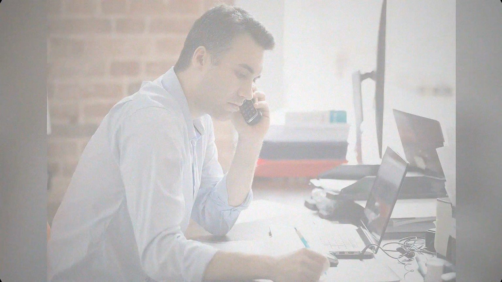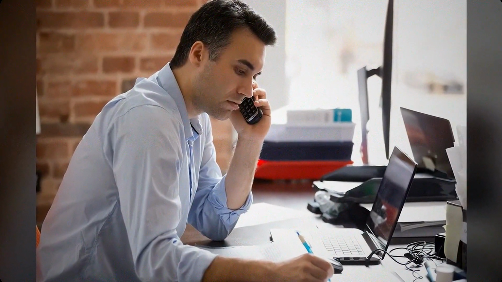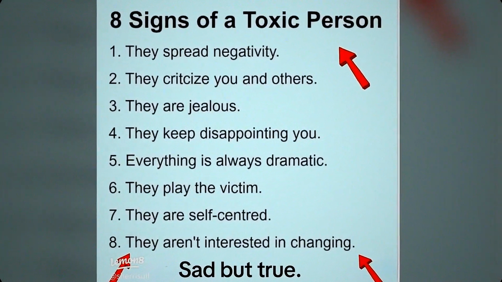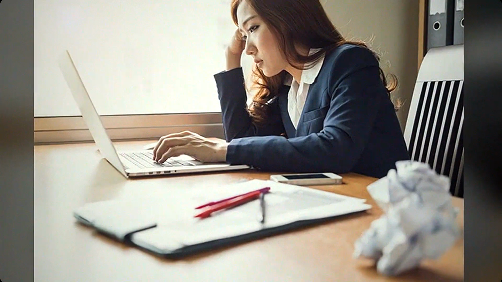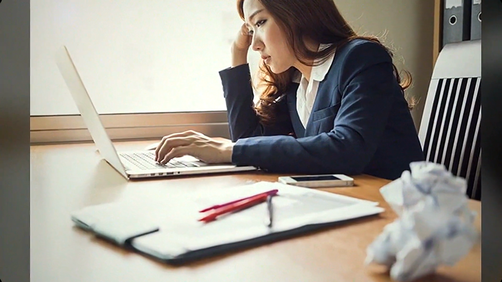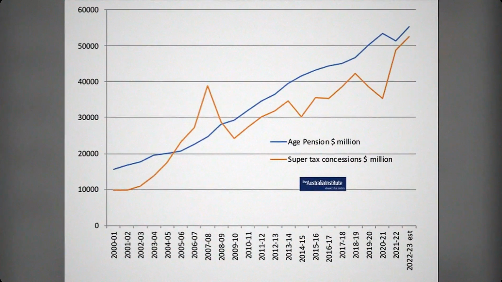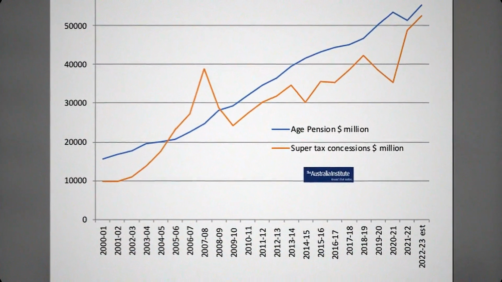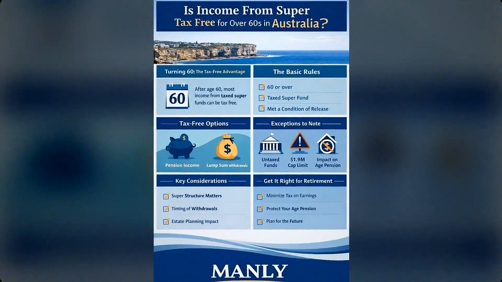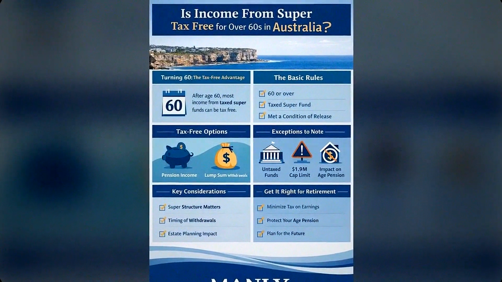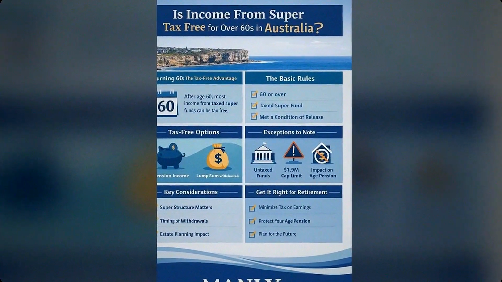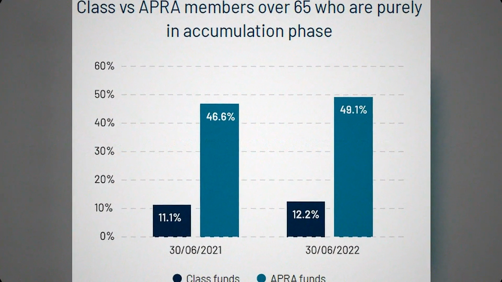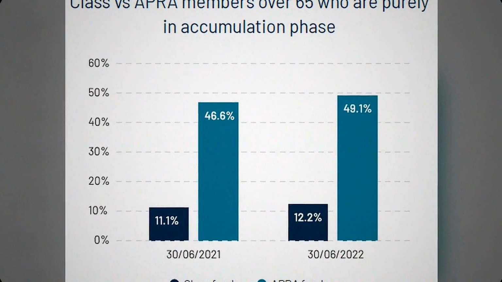They worry that starting a pension somehow locks them in, even though an account-based pension lets you adjust payments or withdraw lump sums at any time. This hesitation is status quo bias, the deeply human tendency to leave things unchanged even when the change would make you measurably better off, because the familiar feels safer than the unknown. Your super sitting in accumulation, taxed at 15%, feels like the known quantity. Moving it to pension phase at 0% feels like a decision you could get wrong. Recognizing that pattern in yourself is not a weakness. It is the beginning of choosing based on what the numbers say rather than what your anxiety assumes.